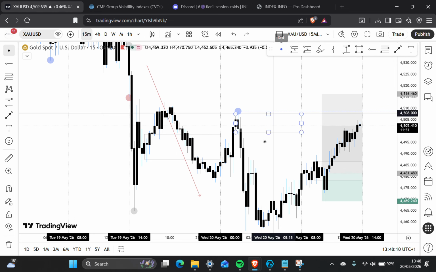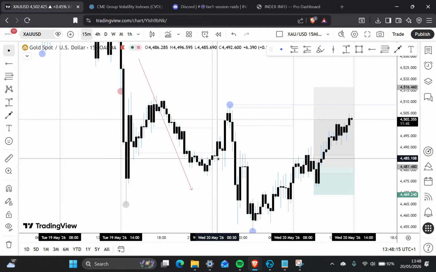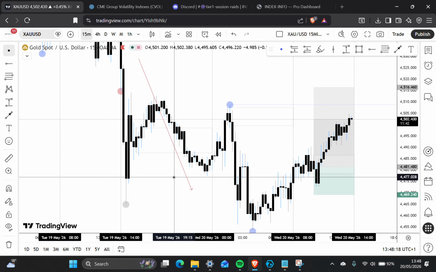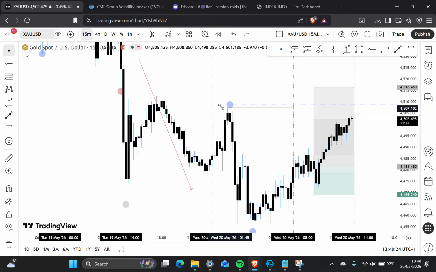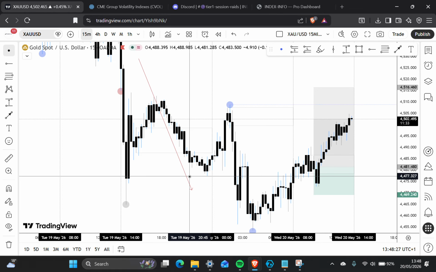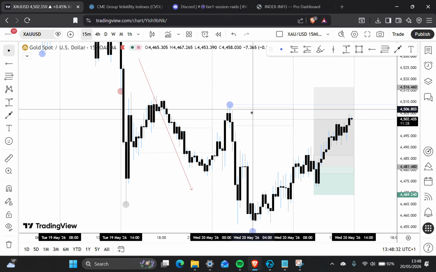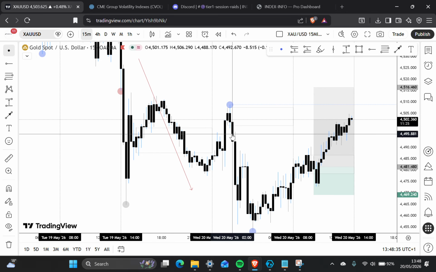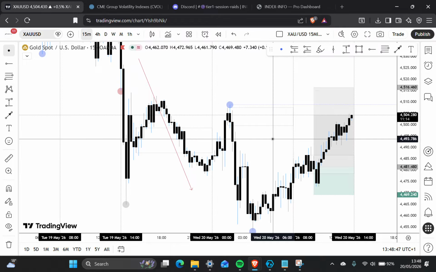Now, let's move on. Let me show you how this is going to work out so you understand what to do next. So now you know how to identify the first high and the first low. You also know that if New York is down, and it doesn't matter which session, it could be Asia down, it could be London down, the same principle applies to every single session. New York is down, we are trading New York and Asia inverse. There are two models: a delta model and a non-delta model. We have a delta model. Because we have a delta model, we need breaches below the first high and the first low, which is called the discovery window.